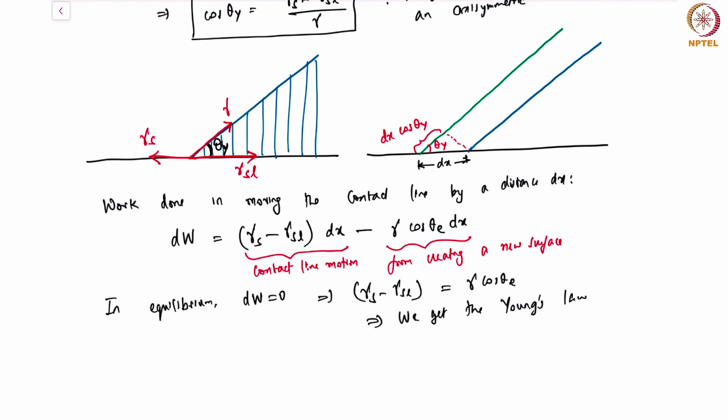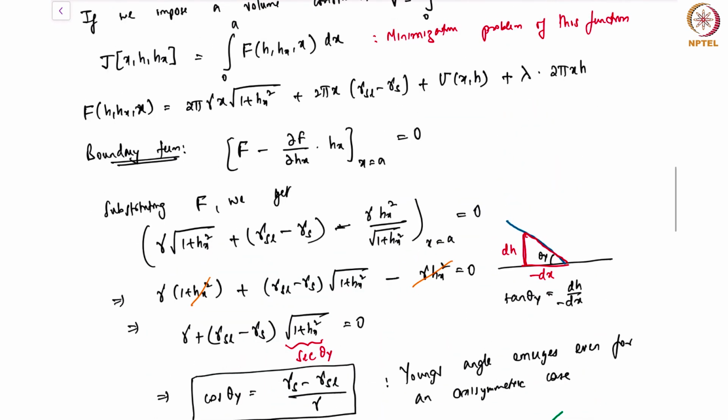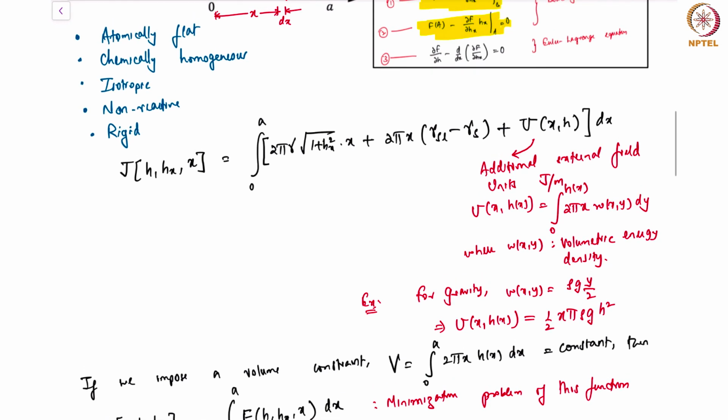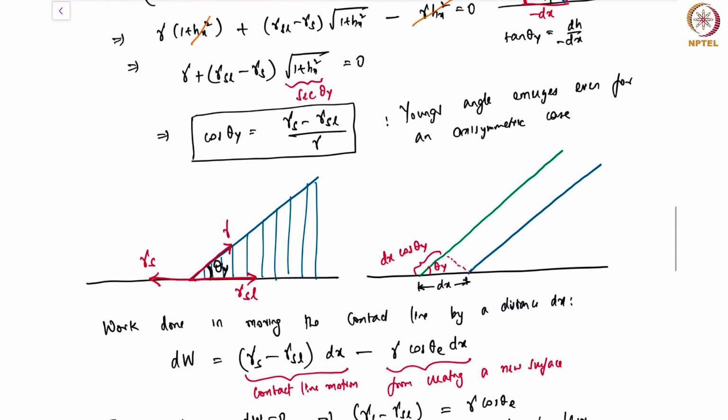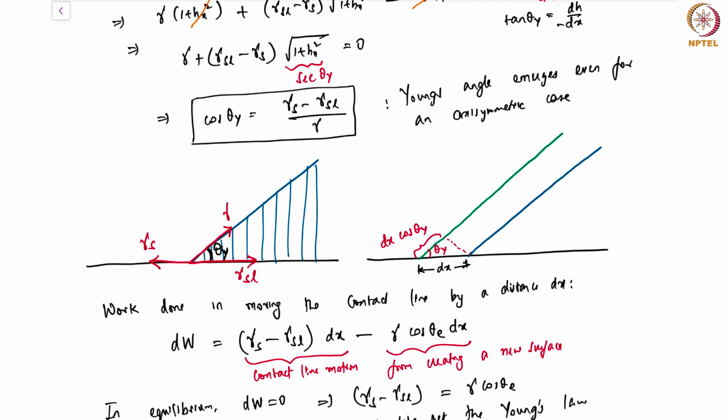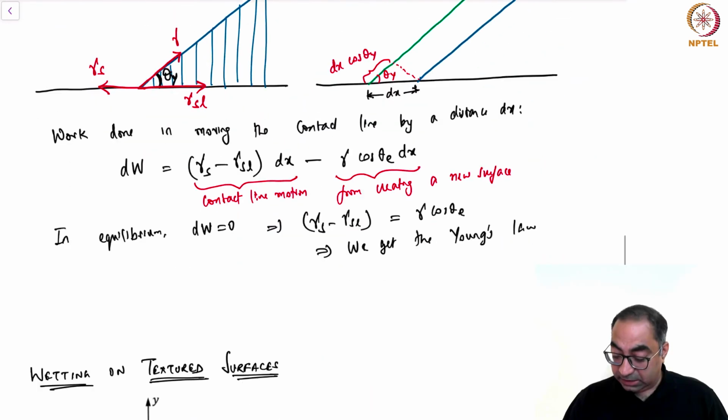Now, this particular simple way of analysis definitely looks much simpler than the variational approach that we have taken, because it tells us that I can just move the contact line a bit and the interface a bit, and then ask what is the change in the energy or the work done, and hence set that work done to 0 in mechanical equilibrium and get the Young's angle, right? So I think it's time to call